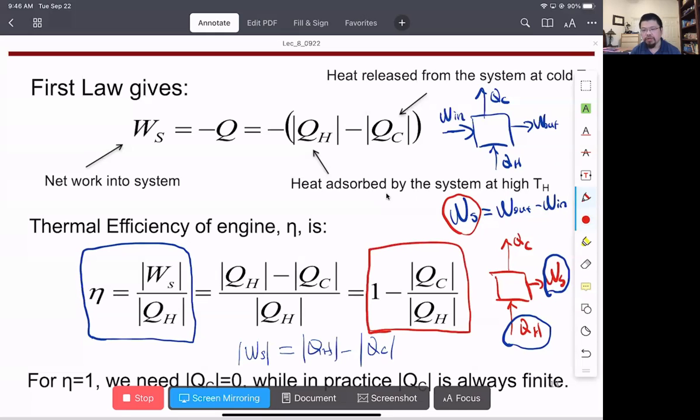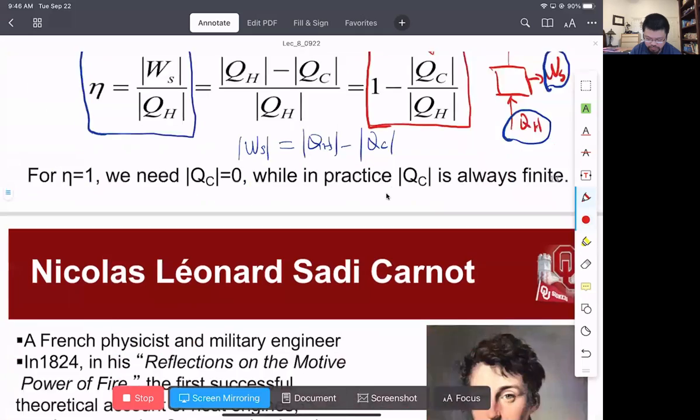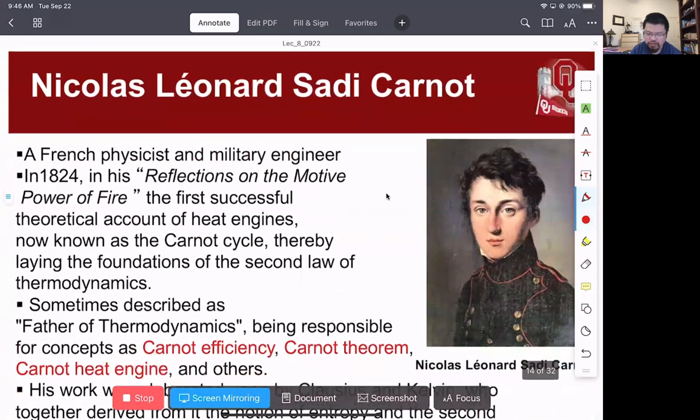And of course, in order to improve the efficiency, we try to minimize the heat release. If we can minimize the QC, then the efficiency will be much closer to 100%. So coming back to the previous question, who told us we need to have the 4 units? Well, that is